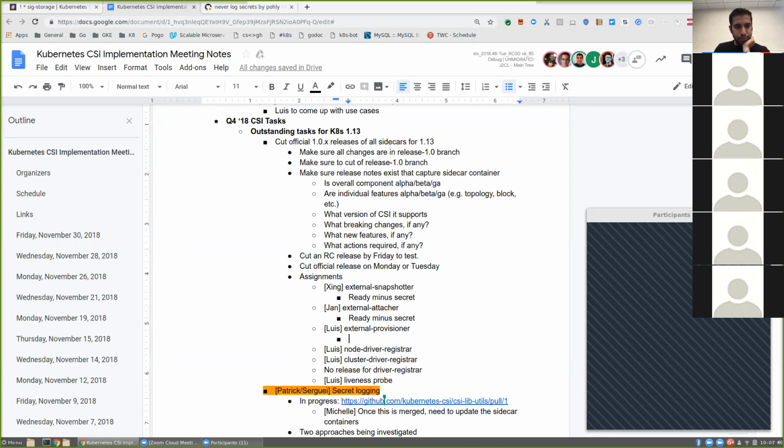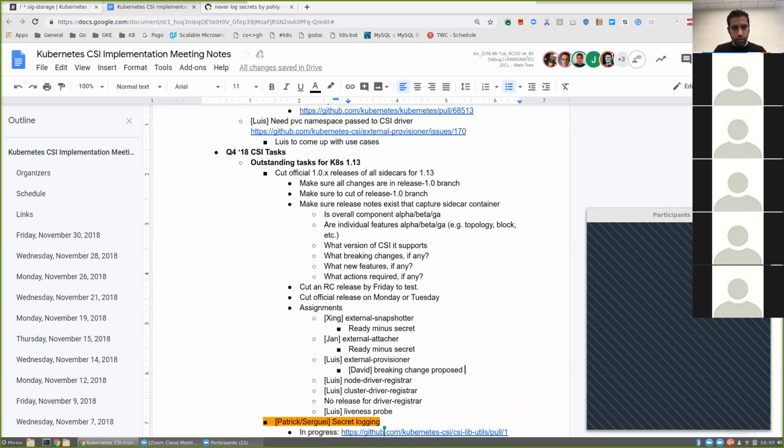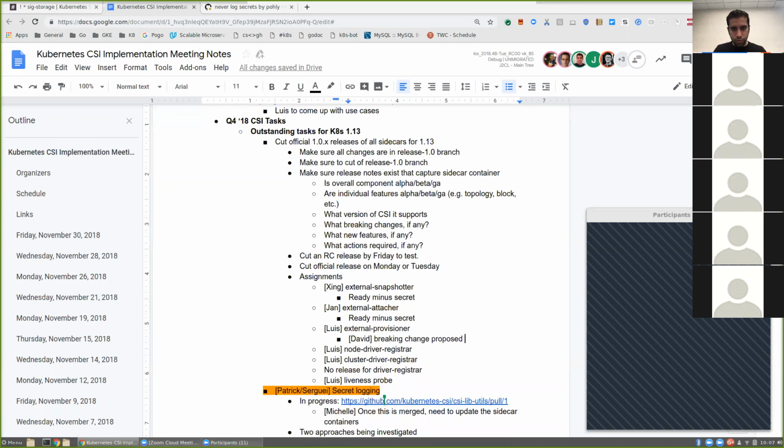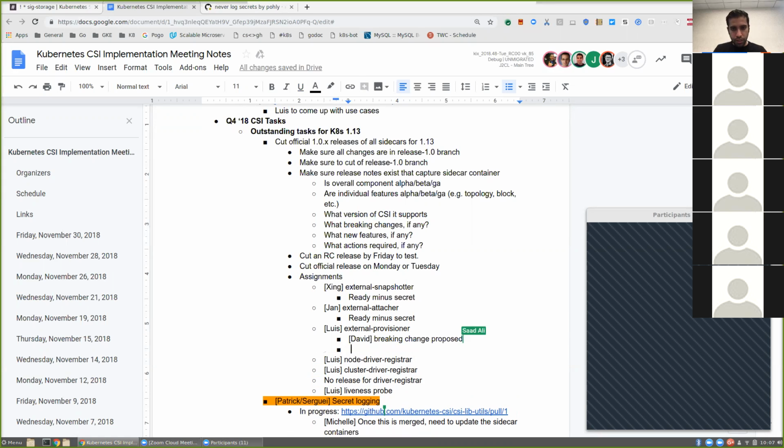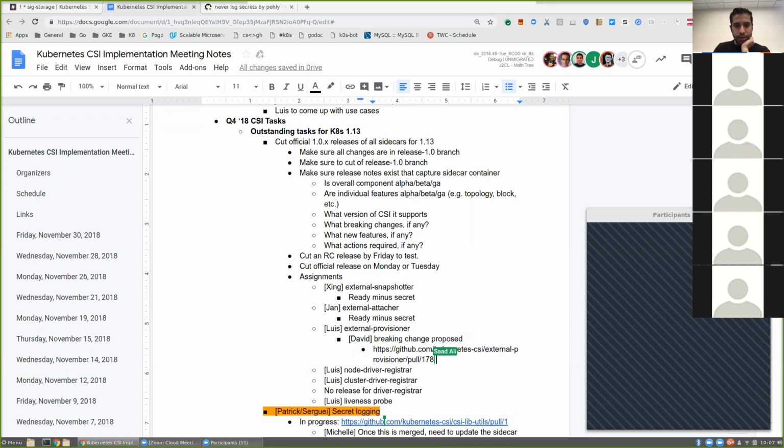For external provisioner, there is a breaking change that we are proposing. I don't know if David's on the line, but we can walk through it. It's external provisioner. Let me put the link in. So this is a proposal, number 178,